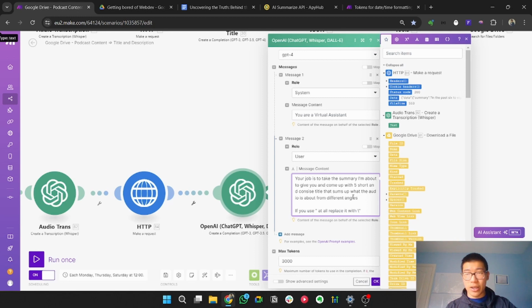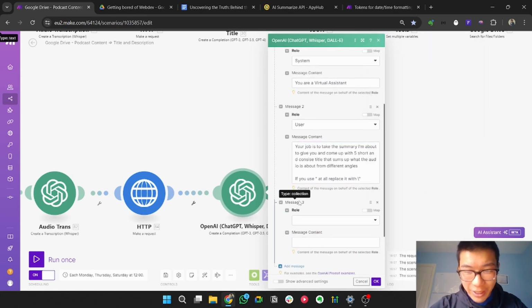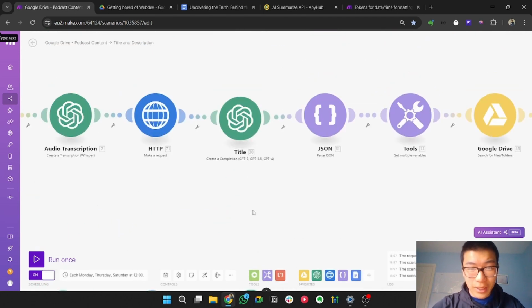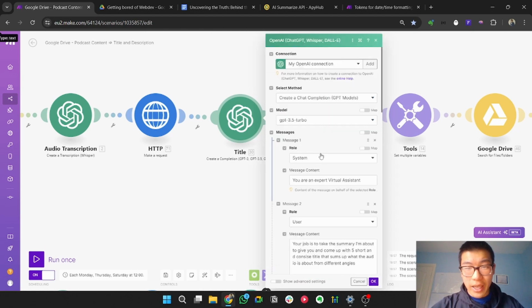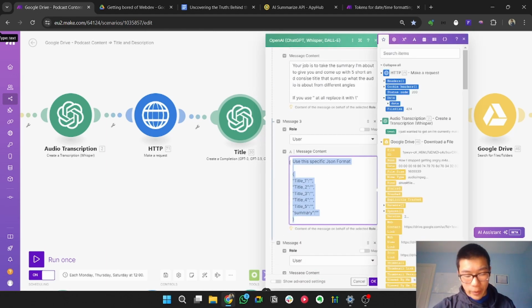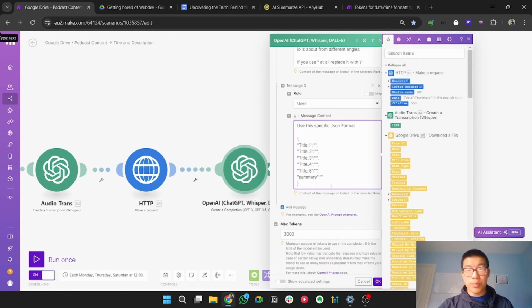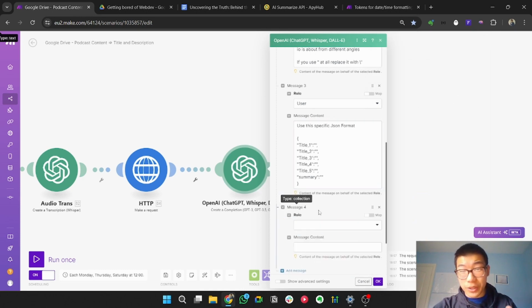The reason for this is that quotation marks inside JSON break the JSON unless you have it formatted a certain way. That's a code thing. So basically, don't let it do that, or else it'll break the system. And then the next thing you're going to ask it to do is to output it in this specific format. The reason you use this specific format is because when you parse the JSON later, it'll output it in a specific format, which is super helpful. It'll just make building the rest of this flow so easy.